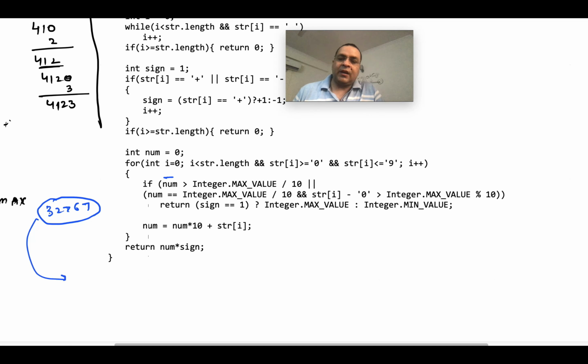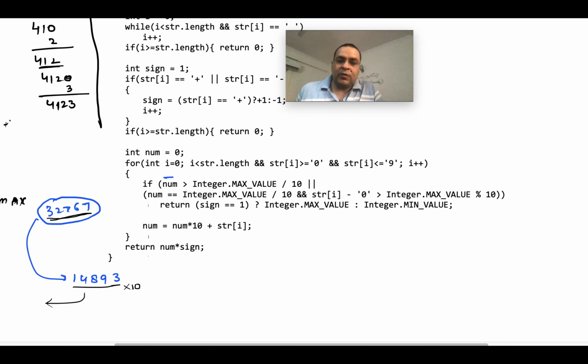If the maximum is 32767 and we are already at, maybe, 14893, only 5 digits are allowed at max and we already have 5 digits. If we multiply it by 10 further, we will go into overflow, or underflow if the sign is negative.